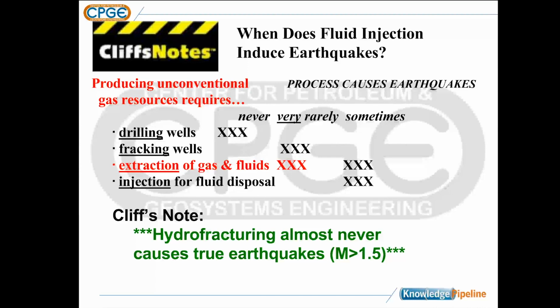Now, you can't believe how many times I've explained this to media people, and they say, okay, so drilling and fracking causes earthquakes, right? And the reason they say this is because they're using drilling or fracking as a generic term for this whole 4-step process. In fact, no, it isn't the drilling or the fracking that's the problem. It's usually the fluid disposal. And of course, companies hate it when you say drilling or fracking causes quakes, because if it did, it would really interfere with producing oil and gas. When it's the disposal, the company has options. If you're disposing in a well that causes earthquakes, you can find a different well, or you could even treat the fluid like we do sewage in other ways. So it's not the fracking, it's the disposal.